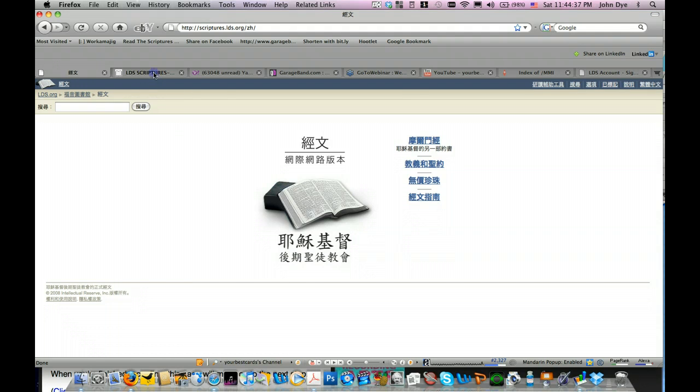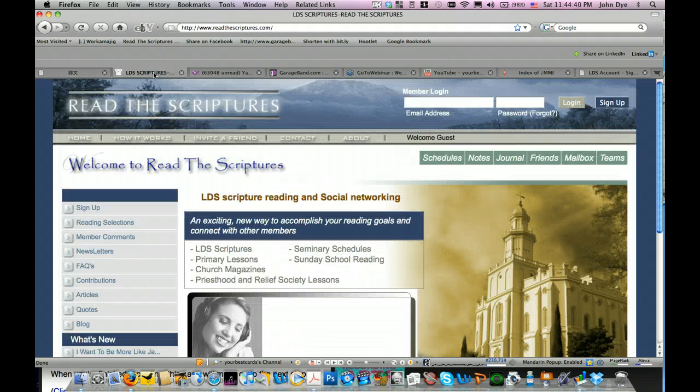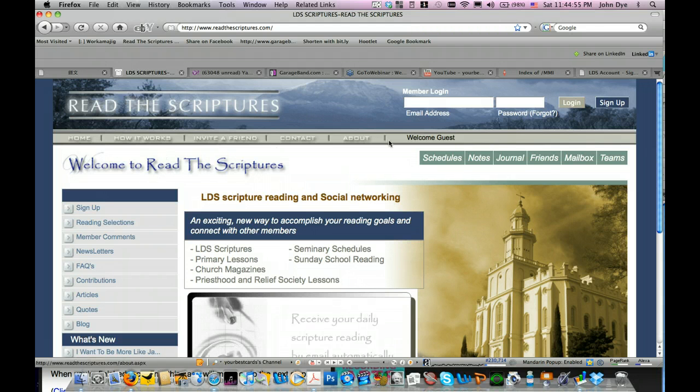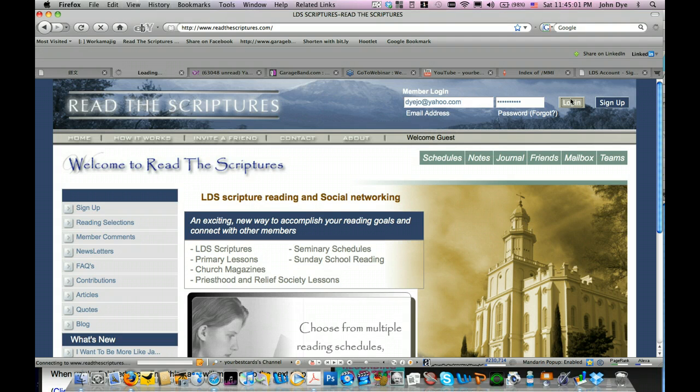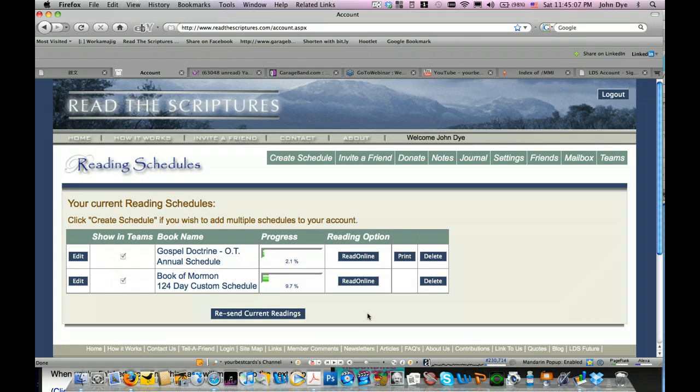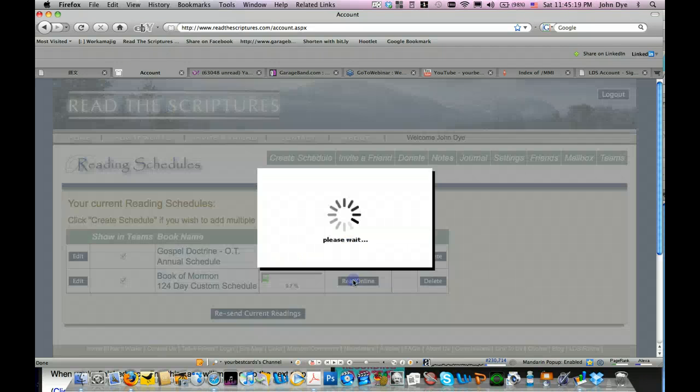Now, the other tool that I personally use is a website called readthescriptures.com. What Read the Scriptures allows you to do is to read the scriptures online and take notes, all free of charge. But if you create an account, then you can log in and set up a schedule, a reading schedule, based on how fast you want to get through certain books. Now, you don't need the Read the Scriptures account. Obviously, you could do it strictly off of the Mormon scriptures, but what getting an account allows you to do